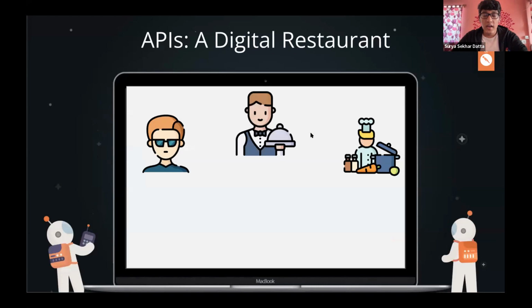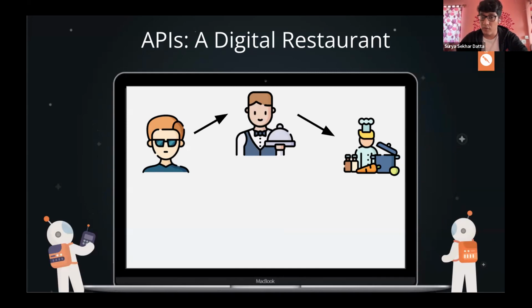So starting with what an API is. Think of yourself in a restaurant, and you need to place an order. You will ask the waiter to place an order, and the waiter will relay your request to the backend, that is the kitchen.